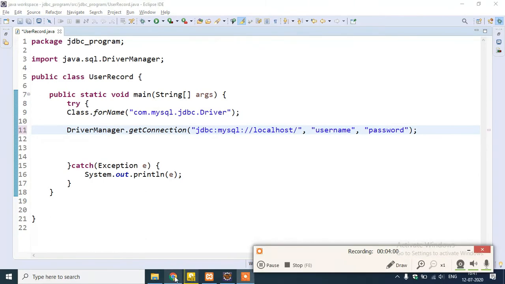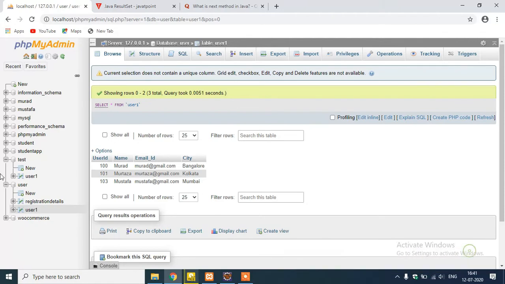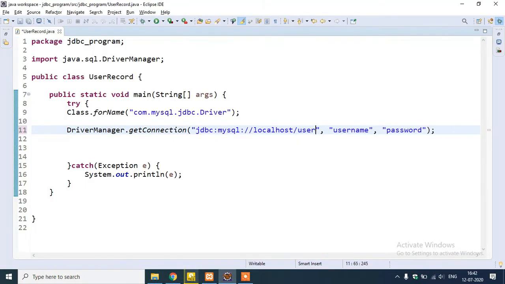Manually, guys, we have created a database named user and a table named user1. I write user. And here the username is root, because by default it has root and I didn't create any password, so leave it blank.